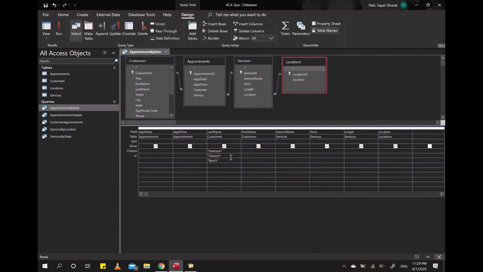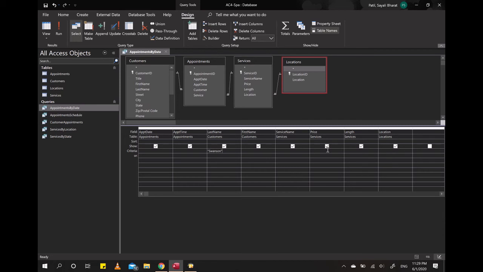Let's go to the design view. I do not want these, so I'm deleting those. Now I have my criteria in the last name as Swanson, or my location is Spa Pool. So we are not going to add Spa Pool in the criteria under location, but in the OR row